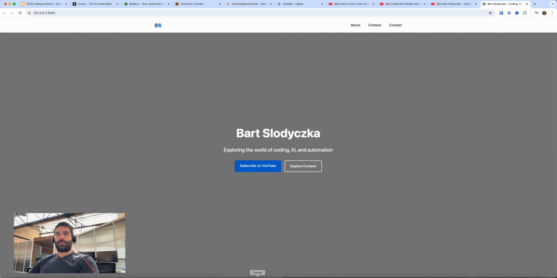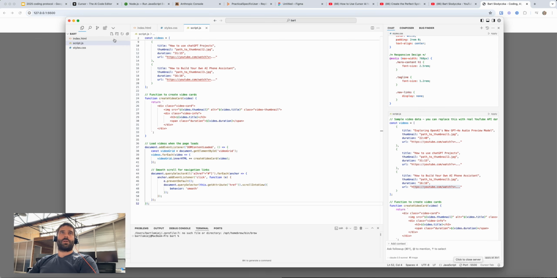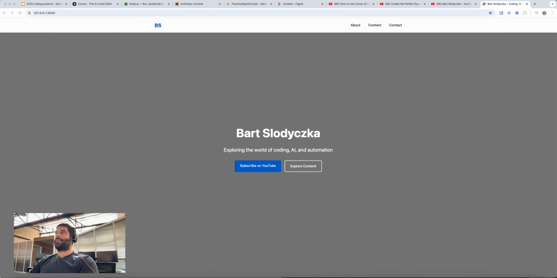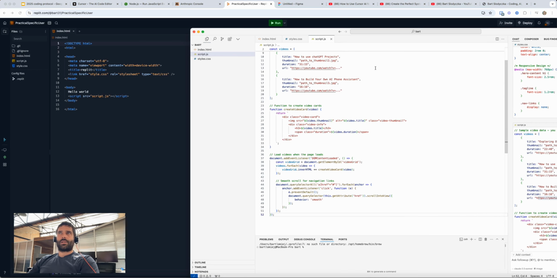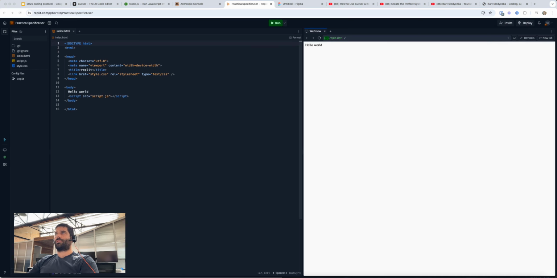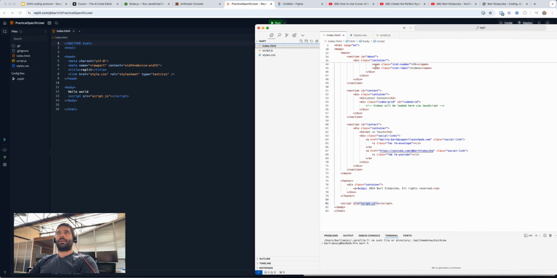But let's open up Cursor. So this is the code that we've written. So now you can take this. That's off screen right now, but over here we have the three files: index, script, and style. Now just quickly, when this code spat out, it told me to use styles.css. So sometimes it's style, sometimes it's styles. So the first thing I'm going to do is change this to styles. So I'm going to put an S at the very end, so it's the exact same. And then I'm just going to be copying all these files.